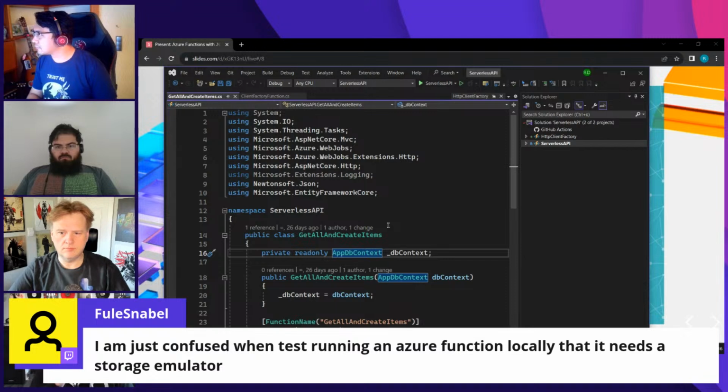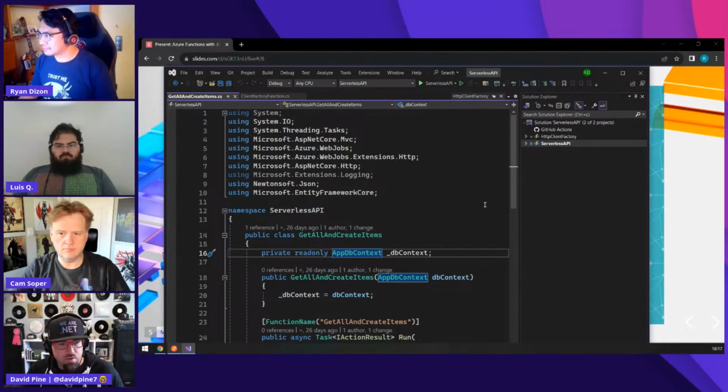So I'm imagining a scenario of trying to run an Azure function locally and test it with a storage emulator. Is that something that you've got experience with? I will probably show how you can work with this storage emulator. Actually, that's what I'm about to do after this question and answer. Perfect. Keep the questions coming. We love them, and take it away, Ryan.